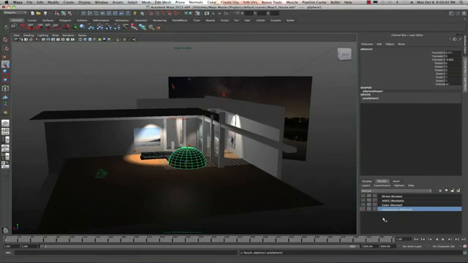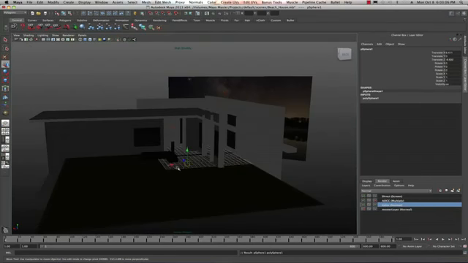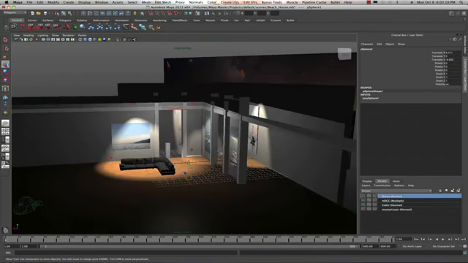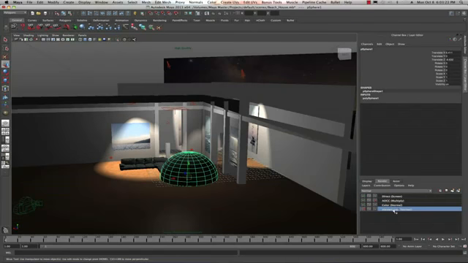Well, it's on the master layer, but if I switch over to the color layer, for example, you'll see that it's not there. Likewise, if I go into my direct layer, it's not there as well. So we have to really always pay attention to what we're doing when we create objects and what layers they are assigned to. So in the master layer right now, because it's assigned to that master layer,